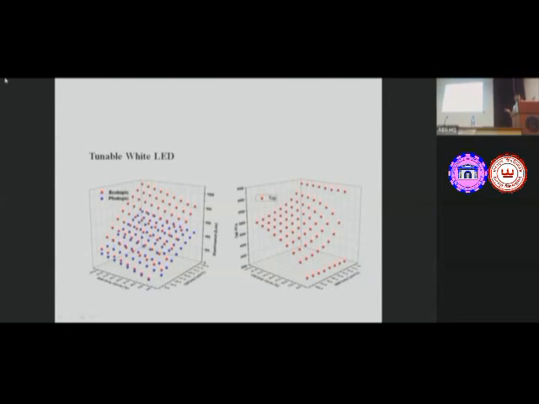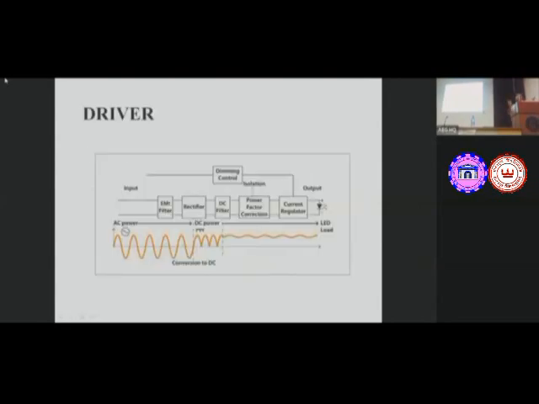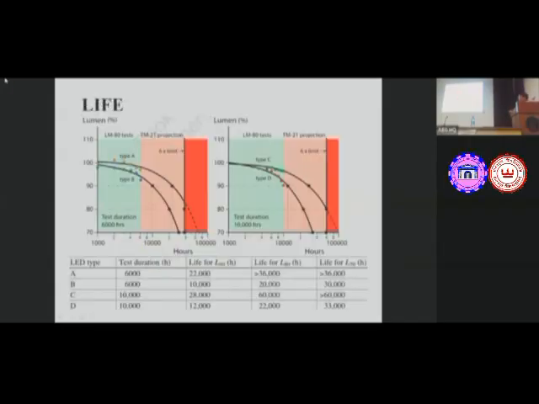Okay, we have designed this one, and we know that for a filament lamp or a halogen lamp, those terminals can be put on a 230 volt power supply. But if it is a gas discharge lamp, or if it is an LED, then we need to use a driver or a ballast or a choke. Okay, so in the LEDs also, this is the driver for LEDs. There are multiple electronic components over there that convert this AC supply to this DC supply. That DC supply, LED is nothing but a diode. So it operates on